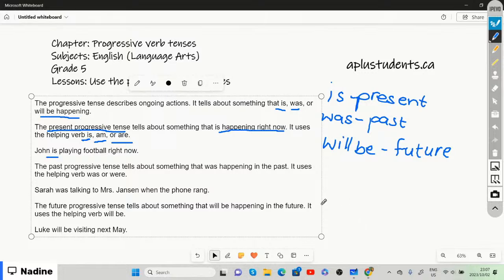It shows that John is doing something right now. It's something that is happening right now, meaning that John is playing football right now. It's happening now, right? If we want to use the word are, then we usually use are when we are referring to two or more people, right? So John is playing football right now. Or if we were to say the boys,